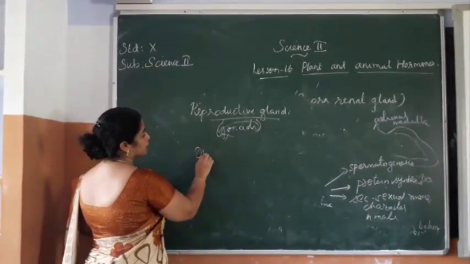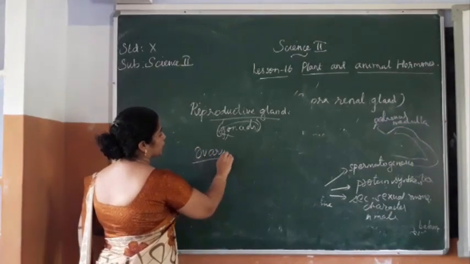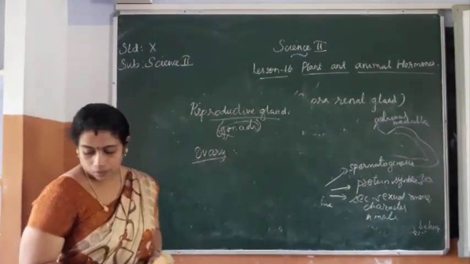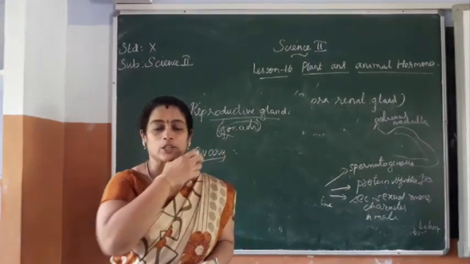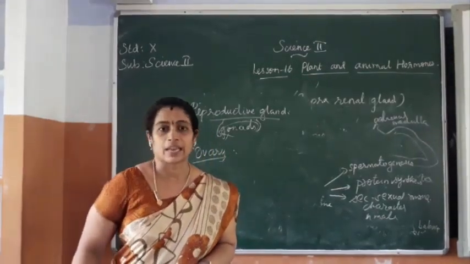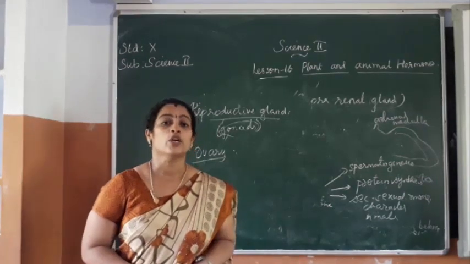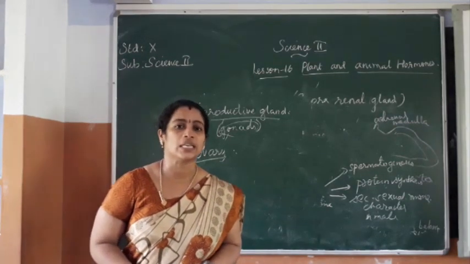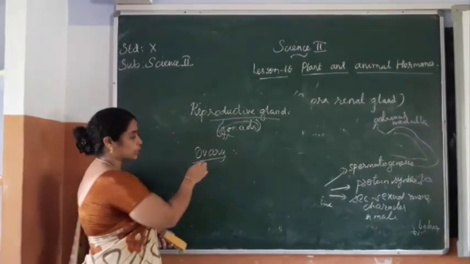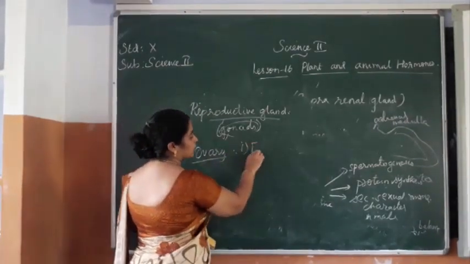The female gonad is known as the ovary. This ovary is located in the pelvic cavity. It produces two hormones known as estrogen and progesterone. What are the two hormones secreted? Estrogen